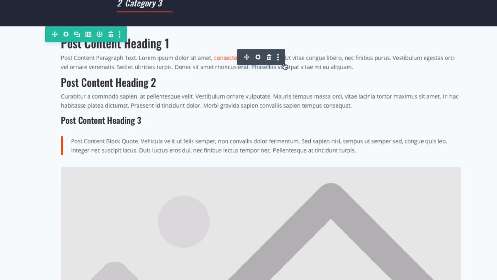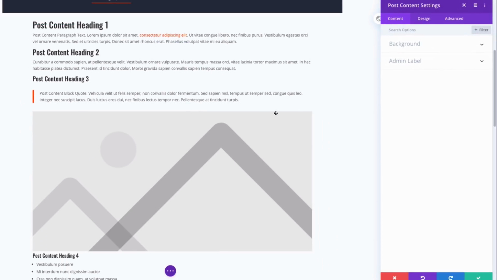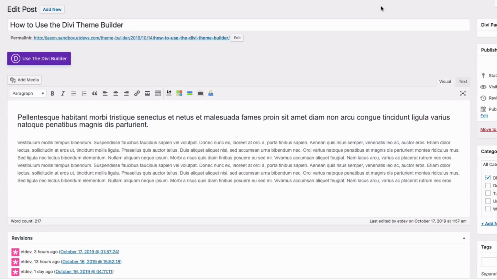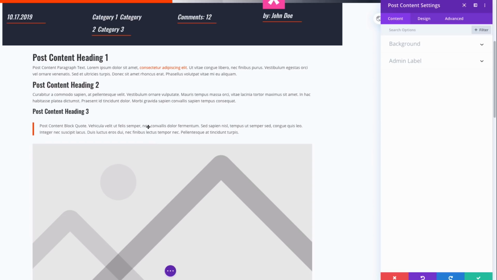content module. And the post content module is where all of your actual page or post content will be displayed. So whenever you're editing a post using the standard WordPress post editor, you can add your content inside this WYSIWYG area here for your blog post, and then it will be displayed inside the post content module on your custom